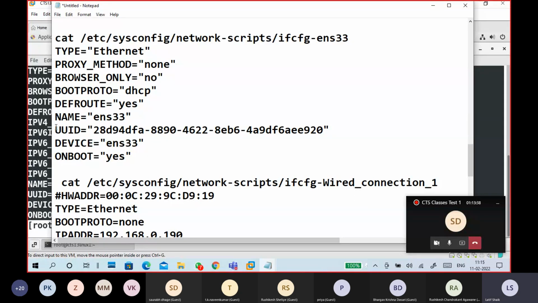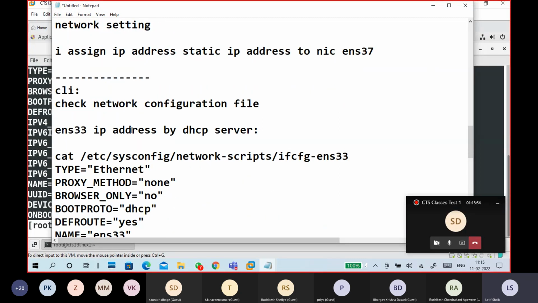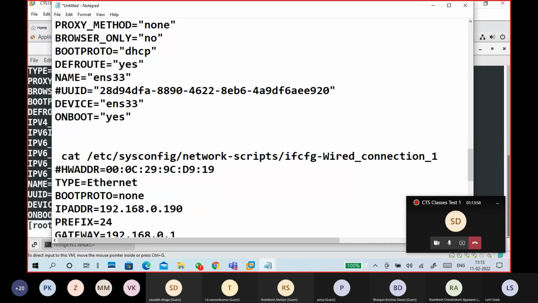This is completely optional, guys. You don't put it yourself if you are configuring. Also, you don't put a hardware address, this MAC address. If you are configuring manually, how to configure manually? This is IP address by static or manual.